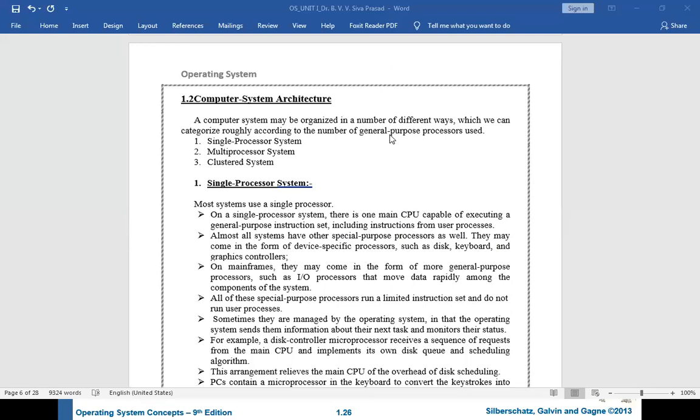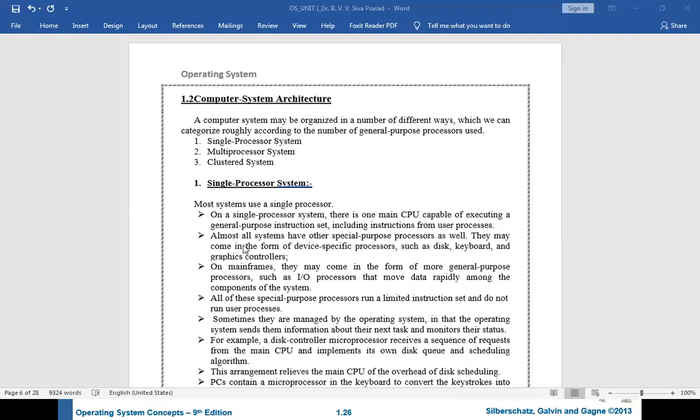Whatever the user request is, that request will be calculated, computed, and processed for your hardware. By using the CPU only, we can do all these calculations. So in the single processor system, there is only one main CPU.